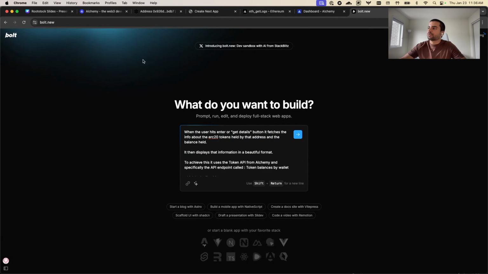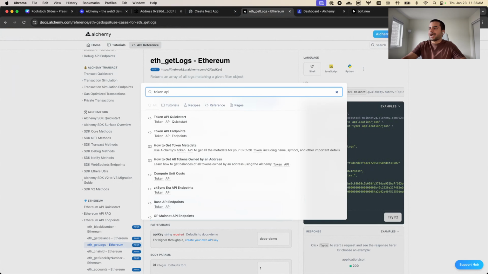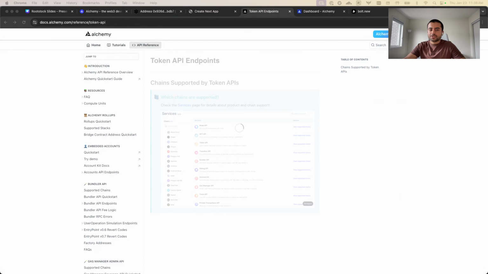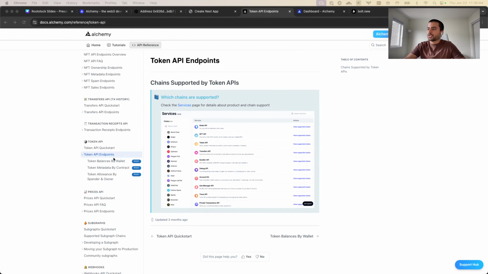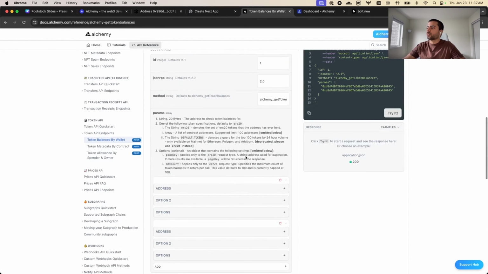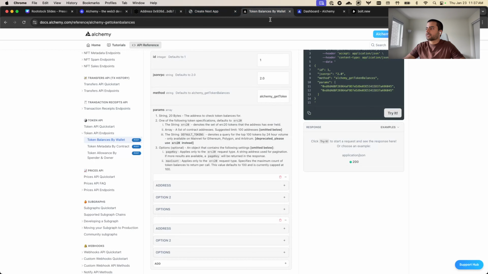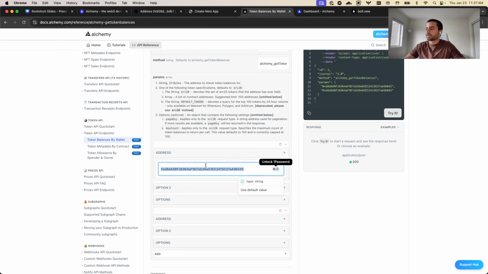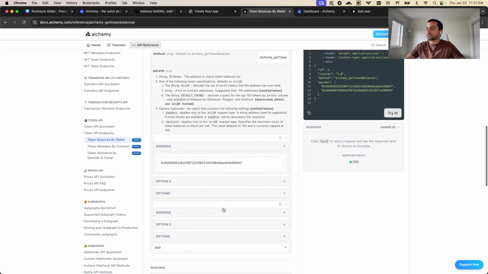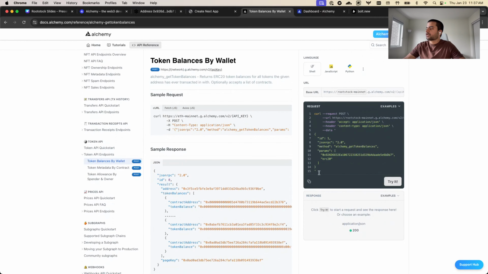So let me go back to the Alchemy docs and go to the Token API. We can see the Token API endpoints. We go back to the token balances by wallet endpoint, and we will create the same request here. So we provide that address that we were using before on the Rootstock mainnet. We provide the token specification ERC20. So we copy this request,